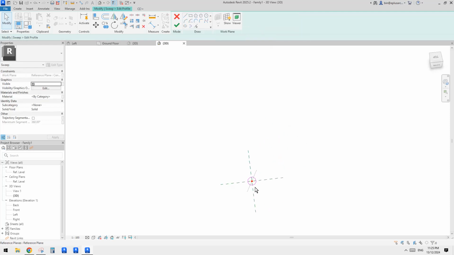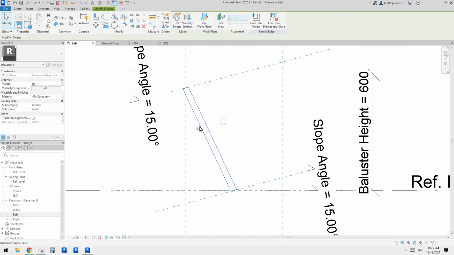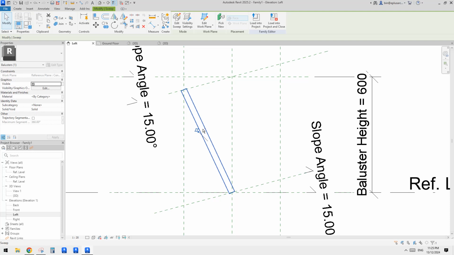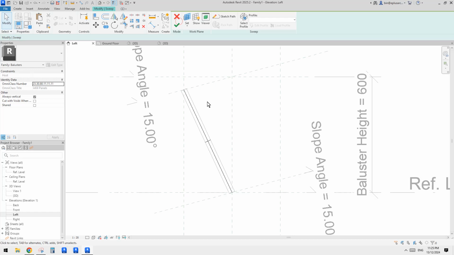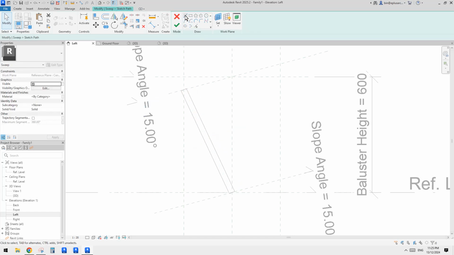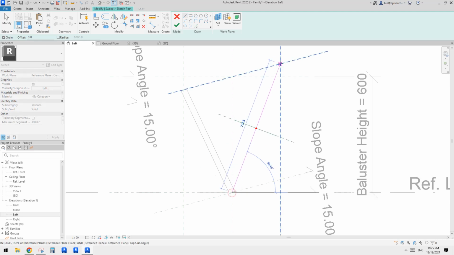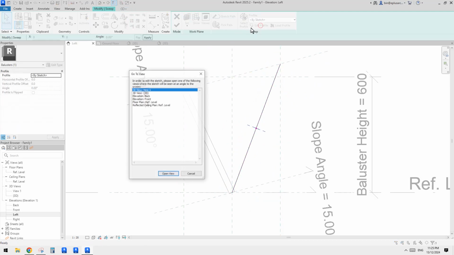And when we do profile, I'll just move this by 15 mil, right? So finish. So now we have one, and then let's go back to left again. So we need another one, right? So I'll just Control C, and then paste in the same place, edit, sweep, sketch path. I'll delete this one and draw another one from here to here, and then finish, edit profile, and go to